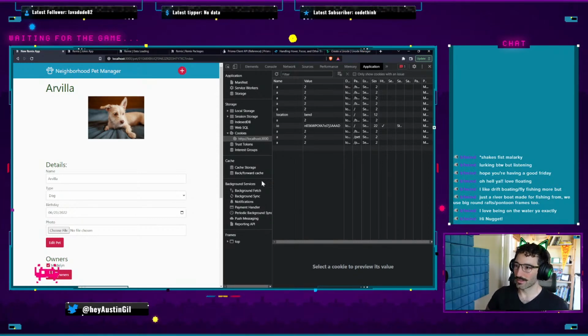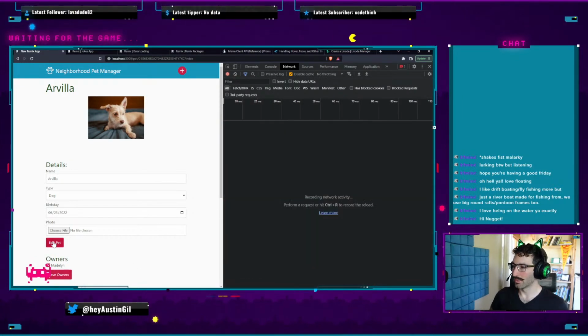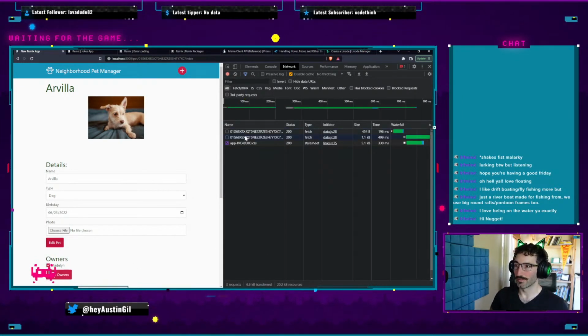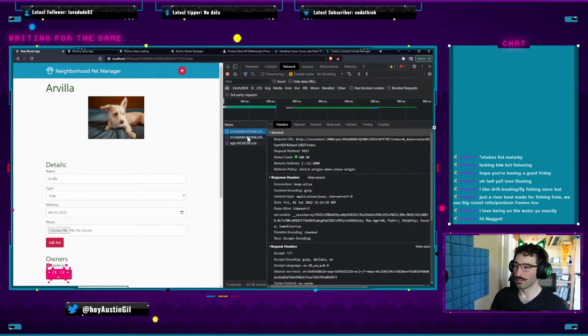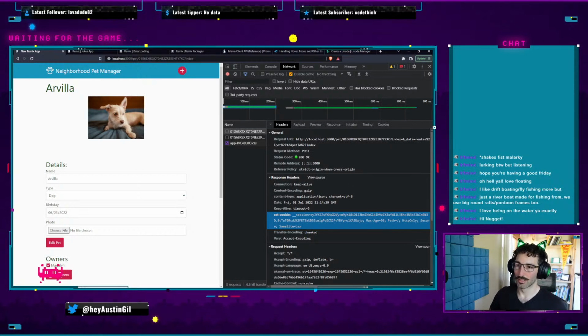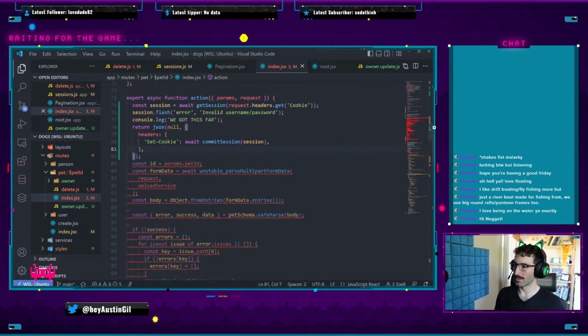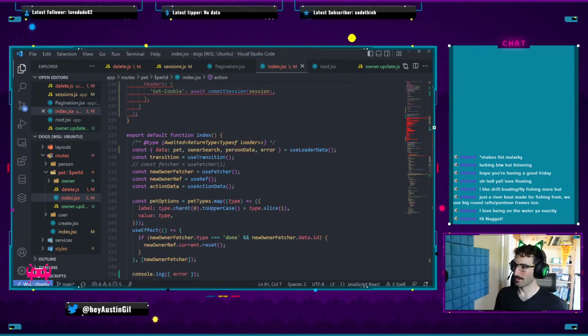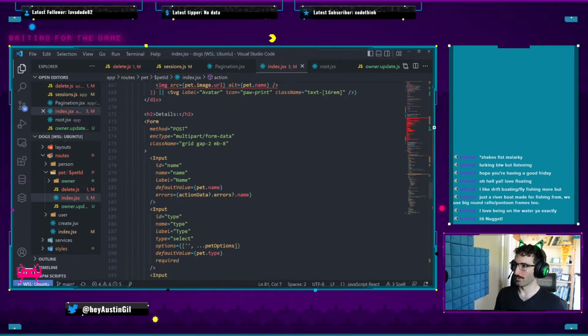Okay, so this is the interesting thing, is my network response. When I hit edit pet, the network response is absolutely returning the cookies. There it is, right there. Set cookie, response headers. All right, so let's check this out, because this could actually be a bug on their end. Let's go down here, and where I use this form,